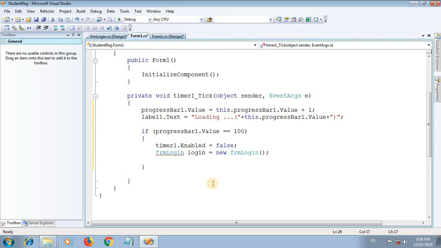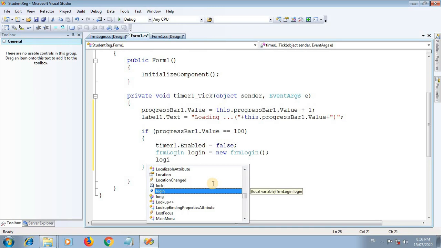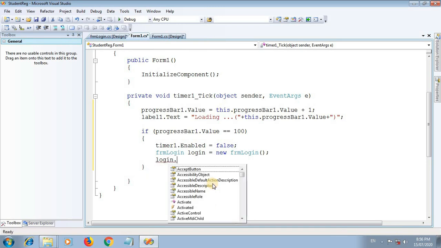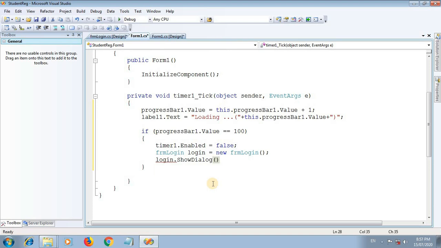Okay, after creating the object, login dot show dialog. To open a new form in C#.NET, you can use a method called show dialog.